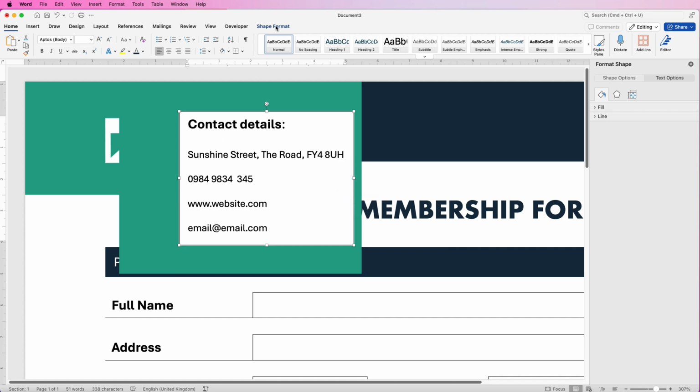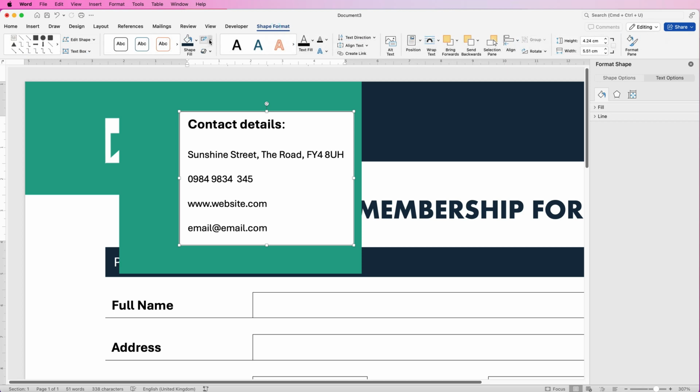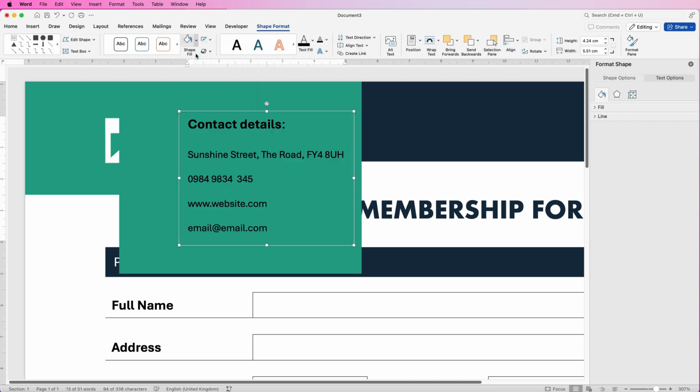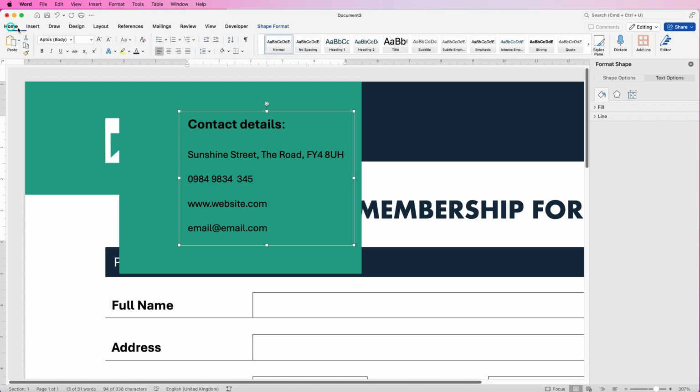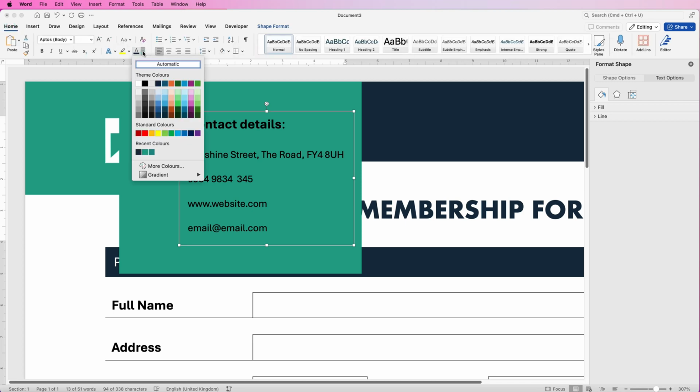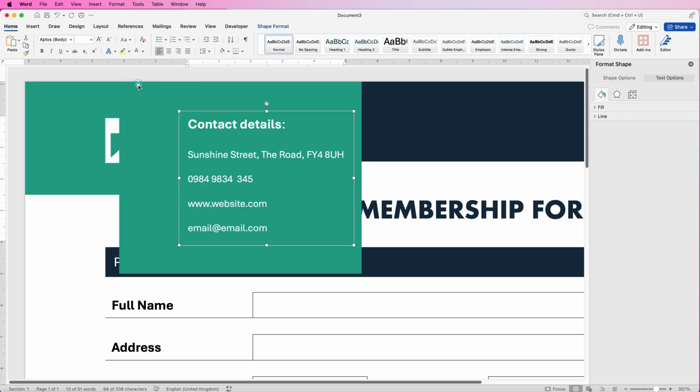Then I'm going to select it, go to Shape Format, I'm going to take off the outline and I'm going to take off the fill color, and then I'm going to go to Home. I'm going to go to my font color and select white,